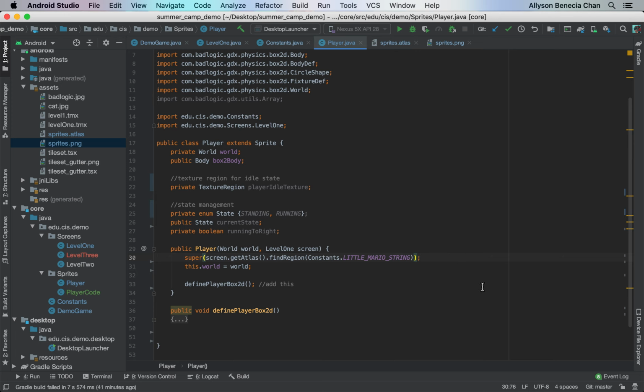Alright, so then, additionally, you want to pass in the width and height of your... oh no, that's not here, sorry. This is fine. This is what you need for your super. Okay, so